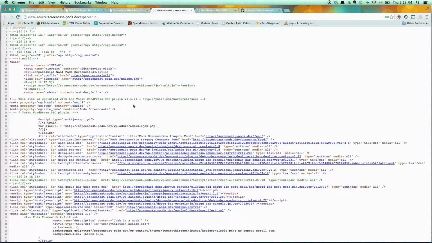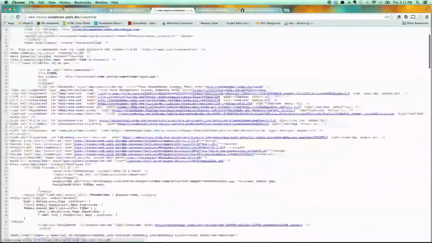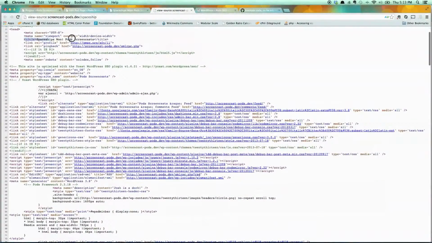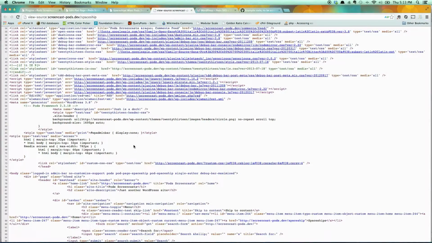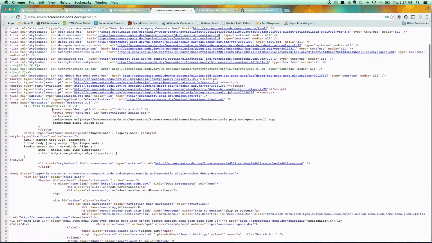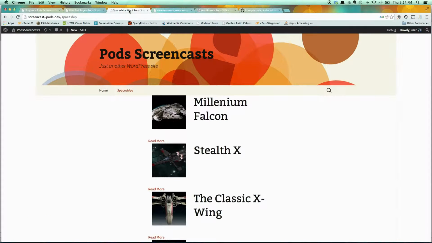If we go to our page source, you'll see there's our title. It's automatically been handled for you. And if we can find it, oh, there it is. There is the meta tag, as you can see, the name description that we set in those brackets. And then we said meta description is equal to Josh is a dork, and it's outputted this perfect meta description for us. Now, that's using static information, which is fine for our list page, but what about for a detail